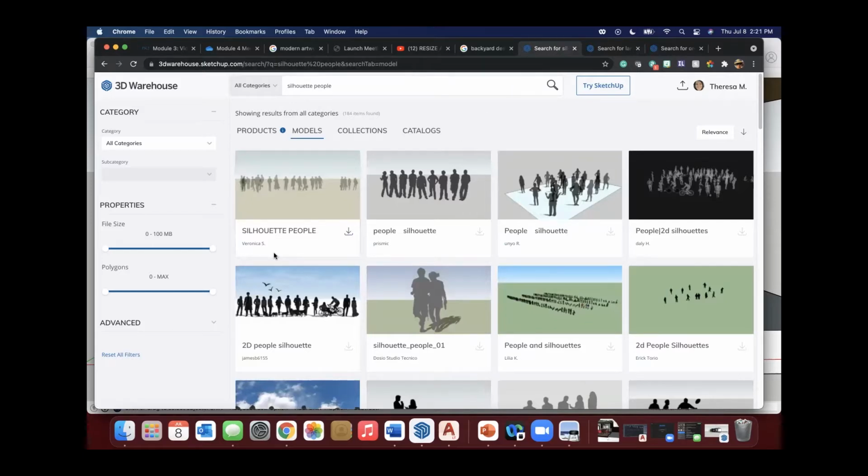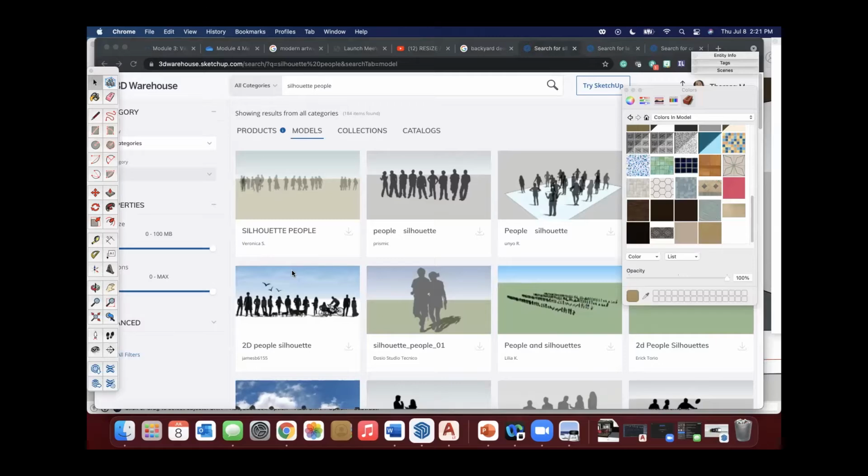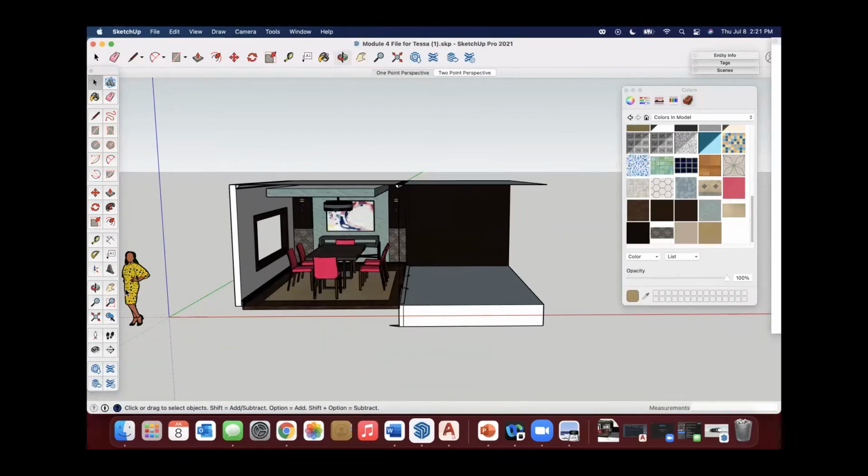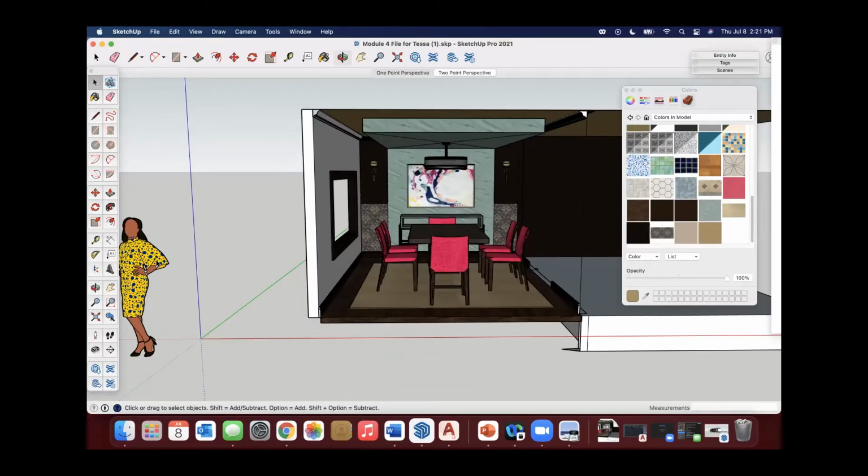When I put people into my models, I often only like to use silhouettes instead of people with depth to them. Like this young lady here, while she's beautiful, she would probably go quite well in this dining room, but you really want to make sure that the people and items you're adding enhance your model and don't take away.